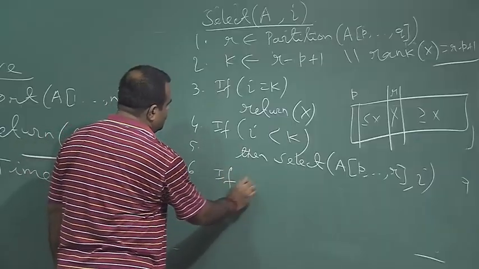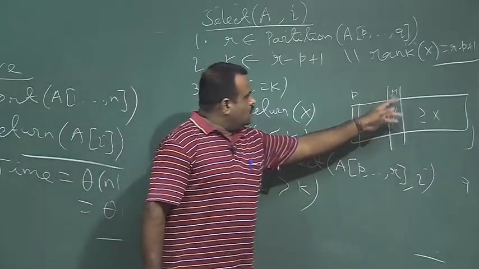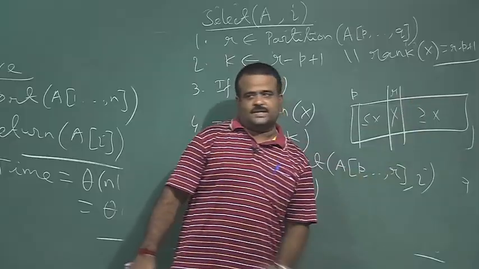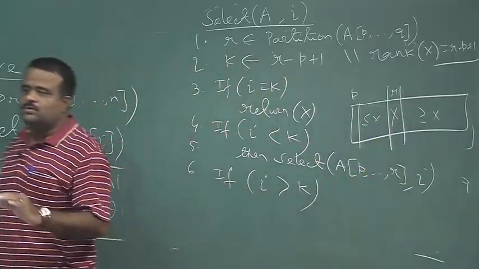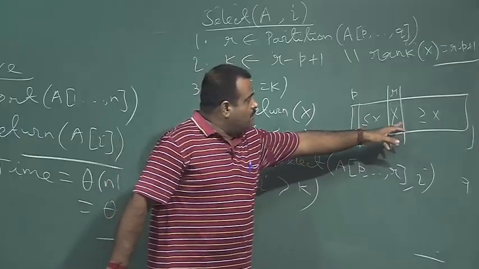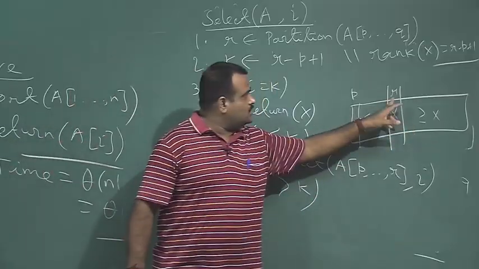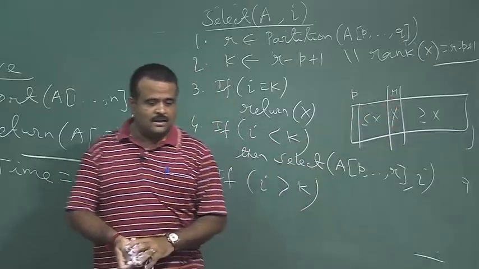Otherwise, if i is greater than k, that means suppose this r is say 5 and we are looking for the 9th smallest element. So, the 9th smallest element will be on this side, in this subarray. So, we have to look into this subarray, but with i not equal to 9, because we have already come across the rth smallest. So, we will look at i minus